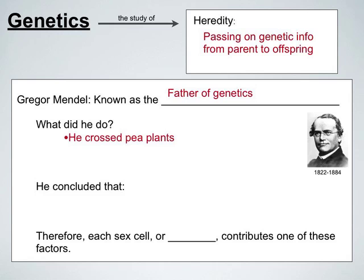So we've talked about this, that plants reproduce sexually. Most plants do. And so he would take two different pea plants, breed them together, and look at what the offspring were like. He kept meticulous records. He observed things like the height of the plants, the seeds, whether they're wrinkled or smooth, yellow or green, the color of the flowers, all sorts of characteristics in pea plants you could easily observe. And he kept very detailed notebooks